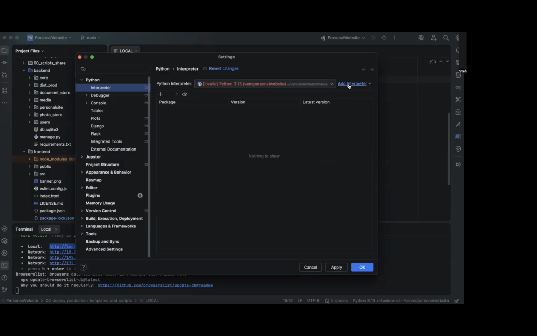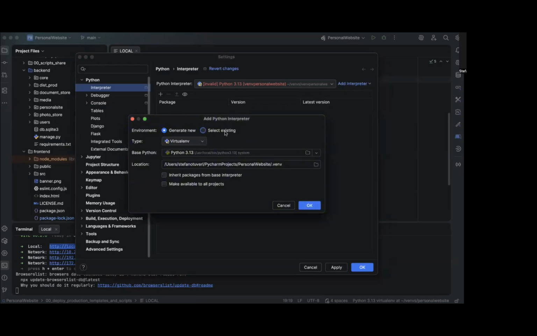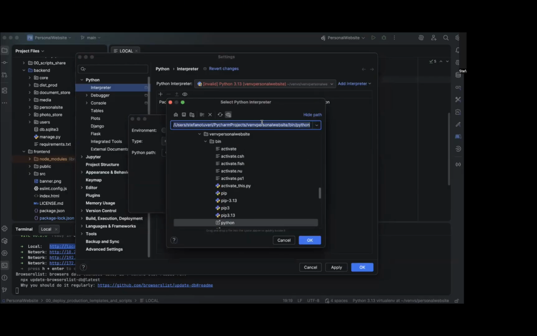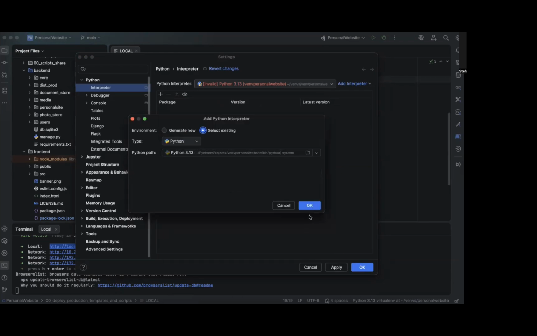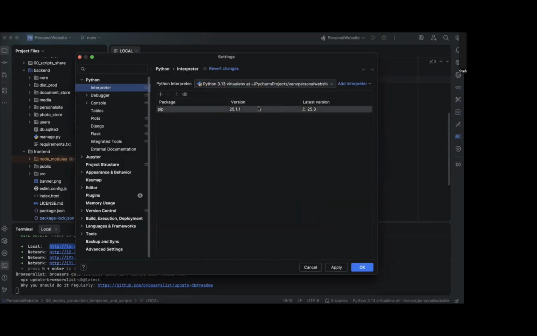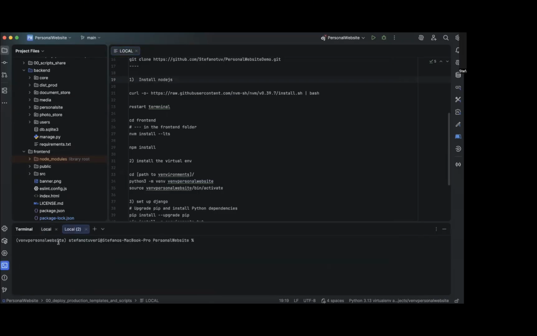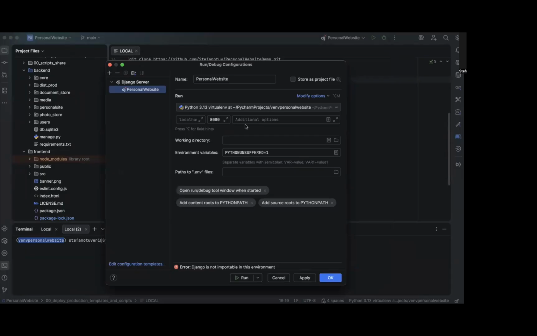Okay, so it's invalid. So we have just to correct this, and it's already in the right folder. Okay, so it's picking it up, and pip is already installed. Usually it would need to be installed, but not sure why that was the case. All right, so now if we open a new environment, we already see there is the new environment. We configure also here, it has already been picked up,